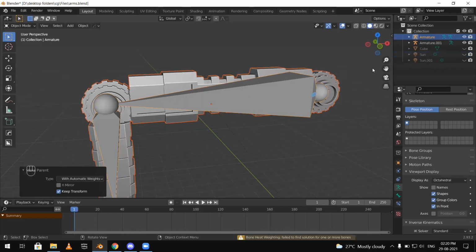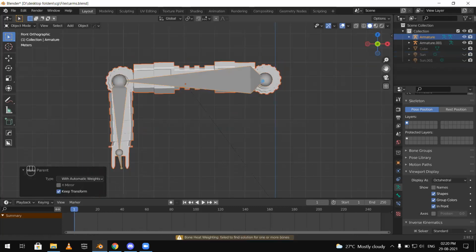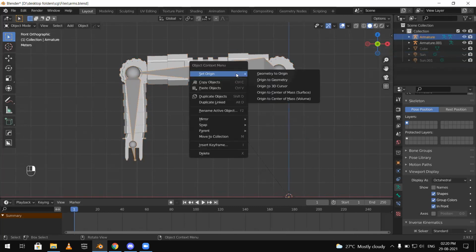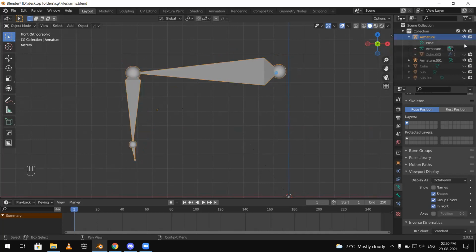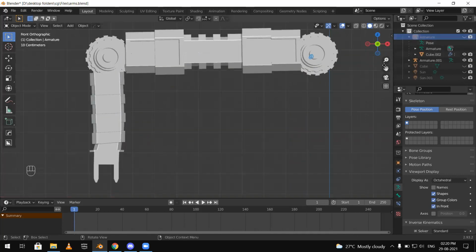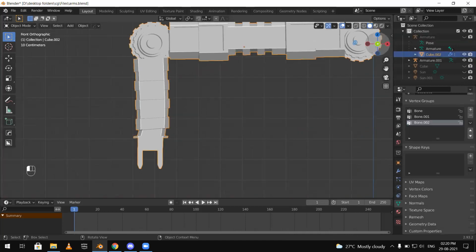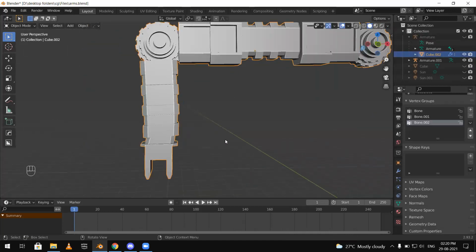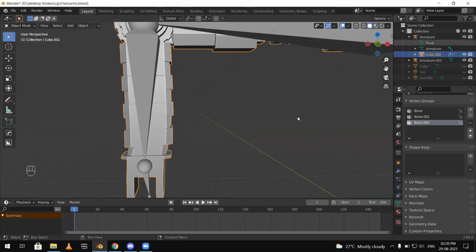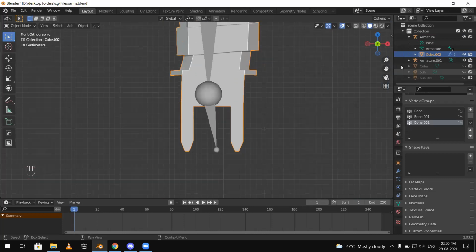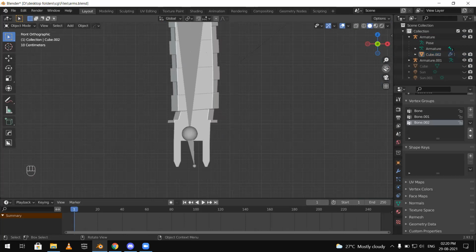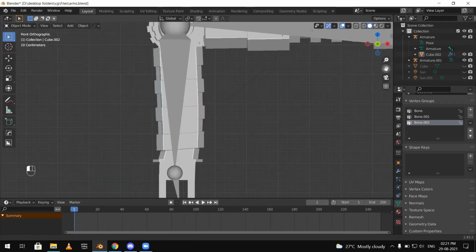This takes some time, and there you go. The armature has set the origin to geometry. Okay, but now we have a small error here, and this will be there all the time. Our geometry got a little bit deformed. This should not happen, and this happens because, this is one feature that I wanted to tell you, this happens every time when you make the armature in an incorrect manner.